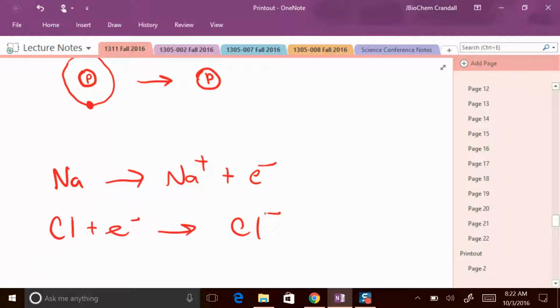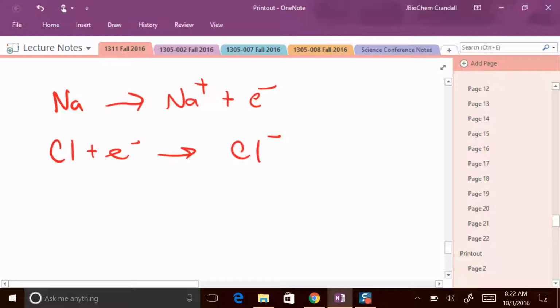So when those two things are reacting together, one thing loses an electron, the other thing gains an electron. These are called half reactions. So from these half reactions, we see that we get Na+ Cl-, and the electrons cancel, I should say, because they're on both sides of the reaction. You get Na+ Cl-,